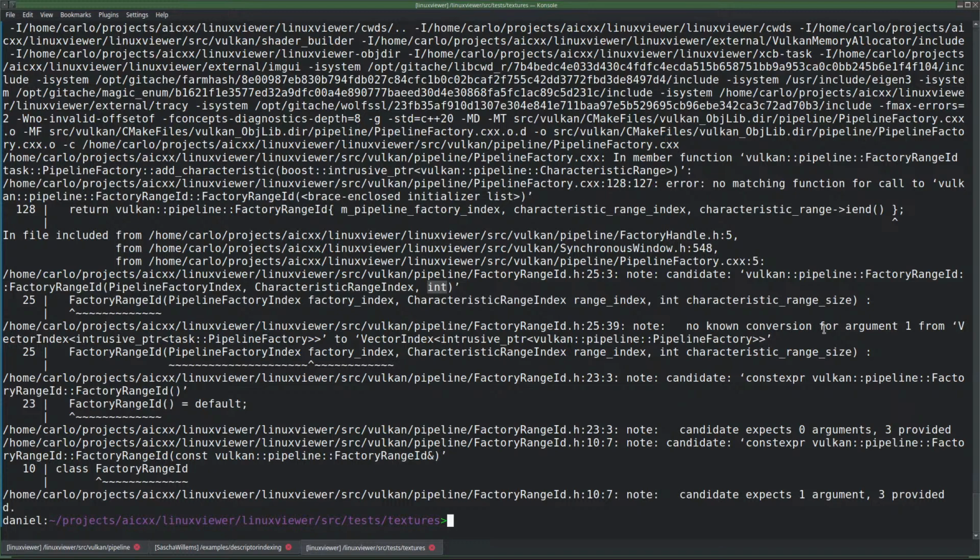No known conversion for argument 1 from a vector index to vector index and a vector index of intrusive pointer of task PipelineFactory to vector index of intrusive pointer of